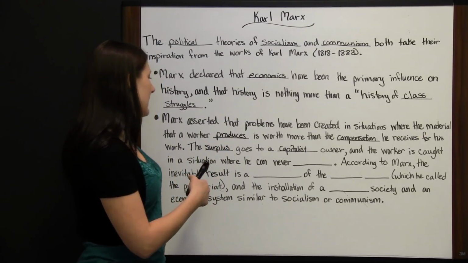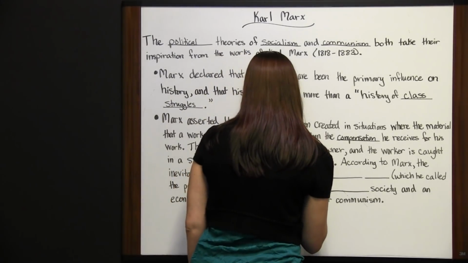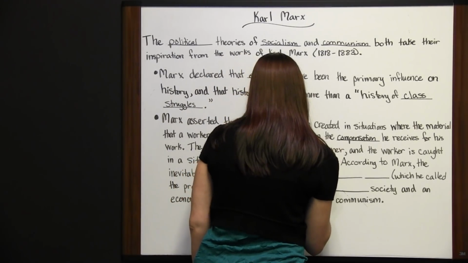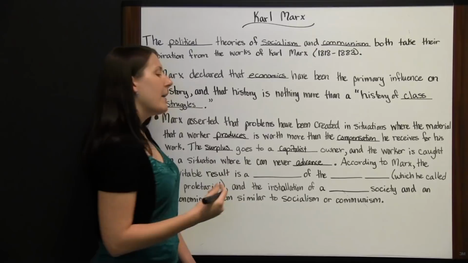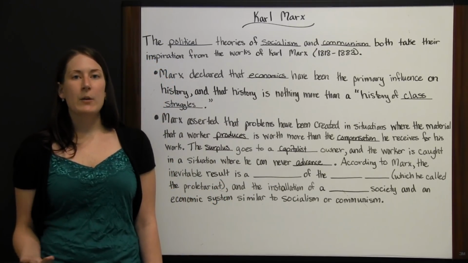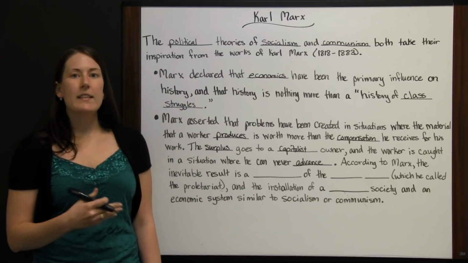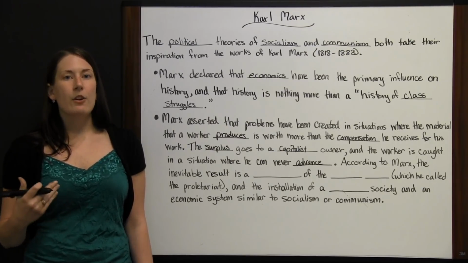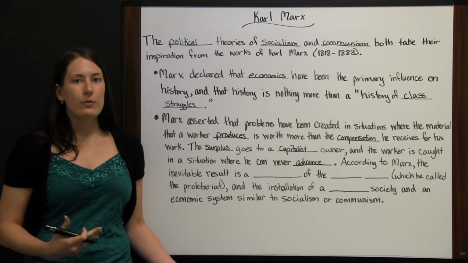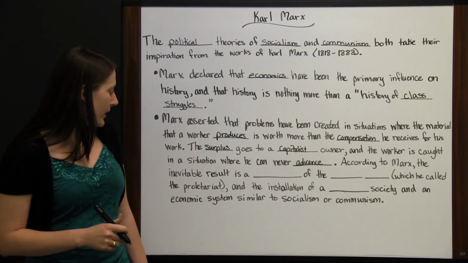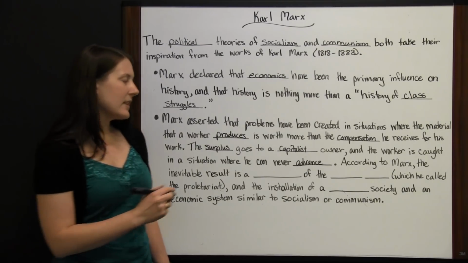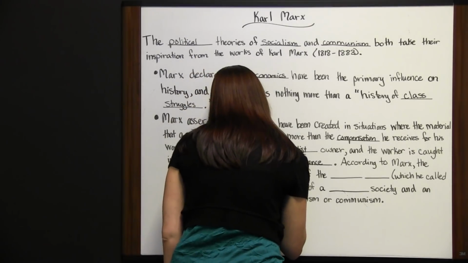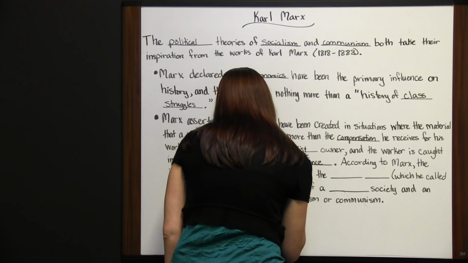And the worker's caught in a situation where he can never advance. The capitalist is going to be the one who keeps making a profit, where the worker keeps making the same amount as long as the economy doesn't dictate that the owner has to pay him more or he will lose workers. According to Marx, the inevitable result is a revolution